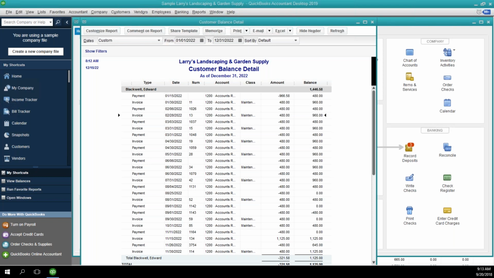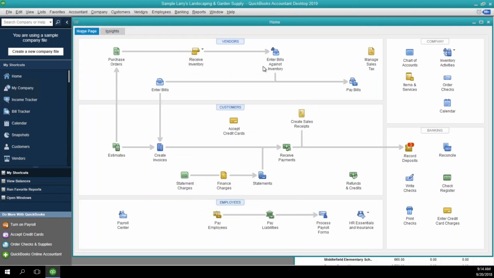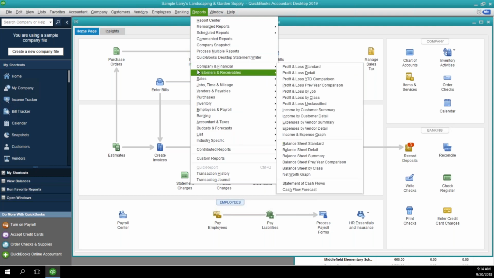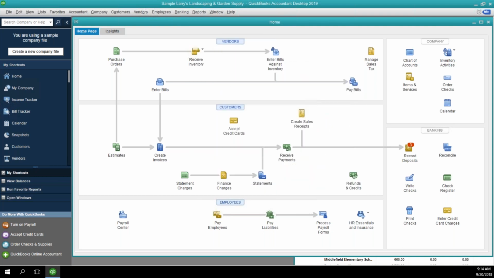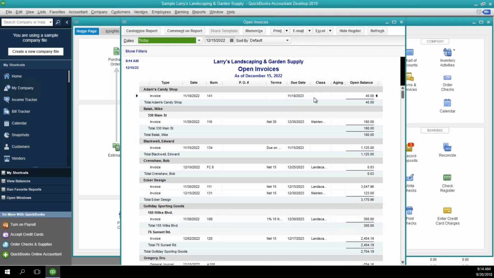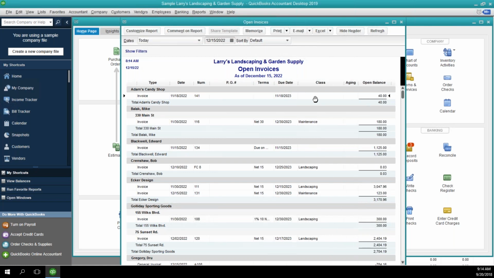Let's see. Another question I got was to filter by classes. Company breaks down their invoices by classes, and is there a way to sort the open invoice report by classes with subtotals other than exporting to Excel? Well, what I would do in that case is you're looking at the open invoice report. So under your reports, customers and receivables, if I look at my open invoices report, the company I'm in right now does use classes, as you can see in this column. Got classes for maintenance and landscaping,